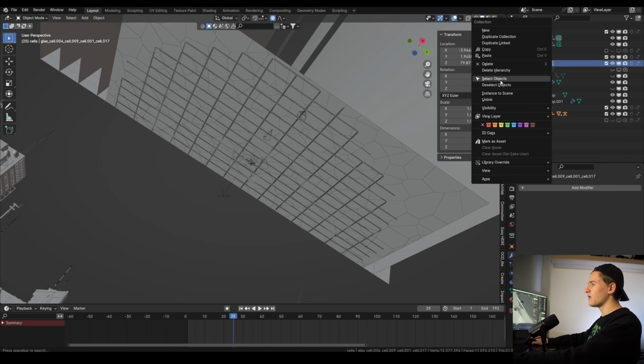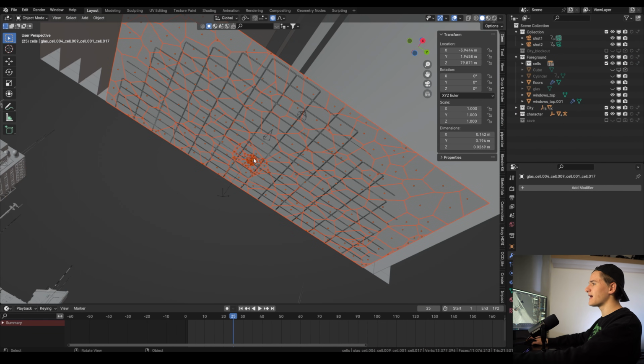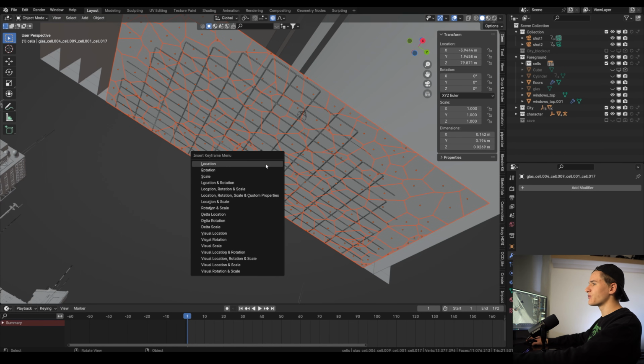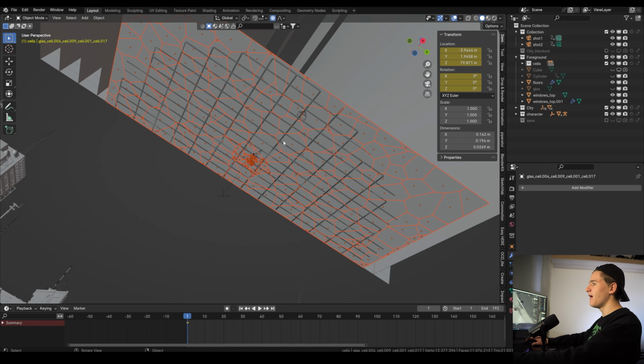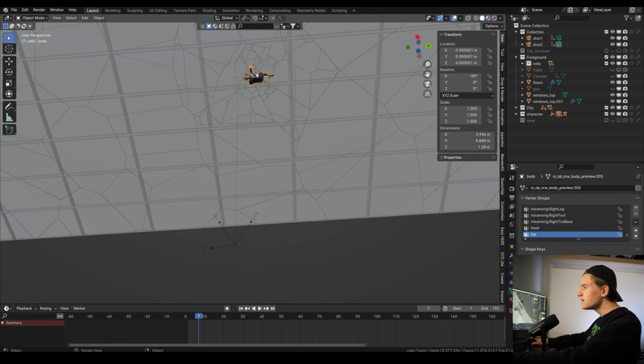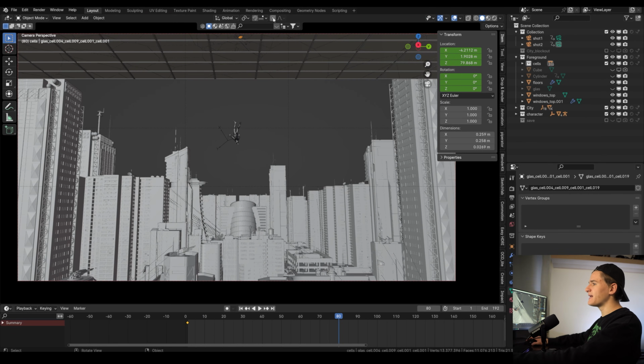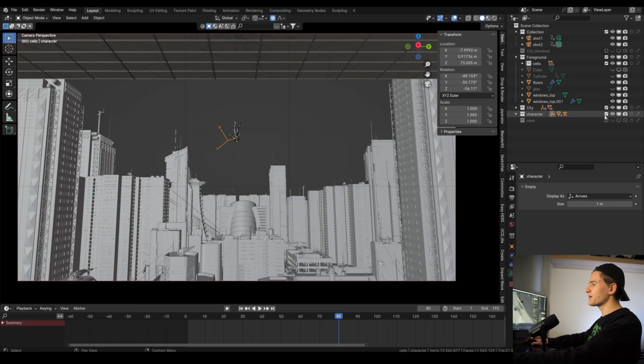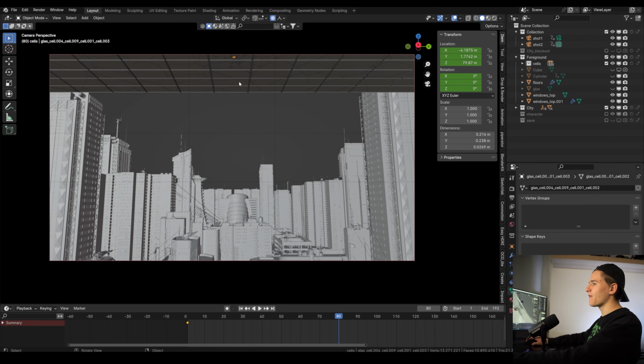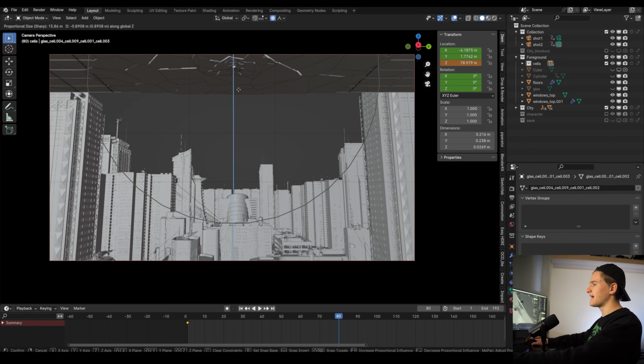Next, let's select all cells by right clicking the collection and clicking on select objects. Then let's go to frame 1 and add a rotation and location keyframe. Then go to frame 80, select a cell under the character and activate proportional editing with a sharp falloff. Deactivate the character collection to not affect it, and after that drag it down on the Z axis and scroll